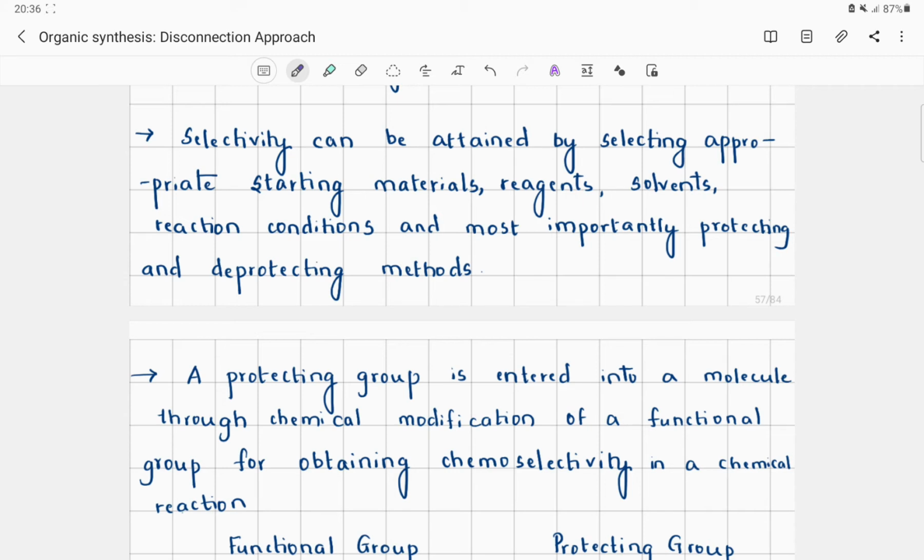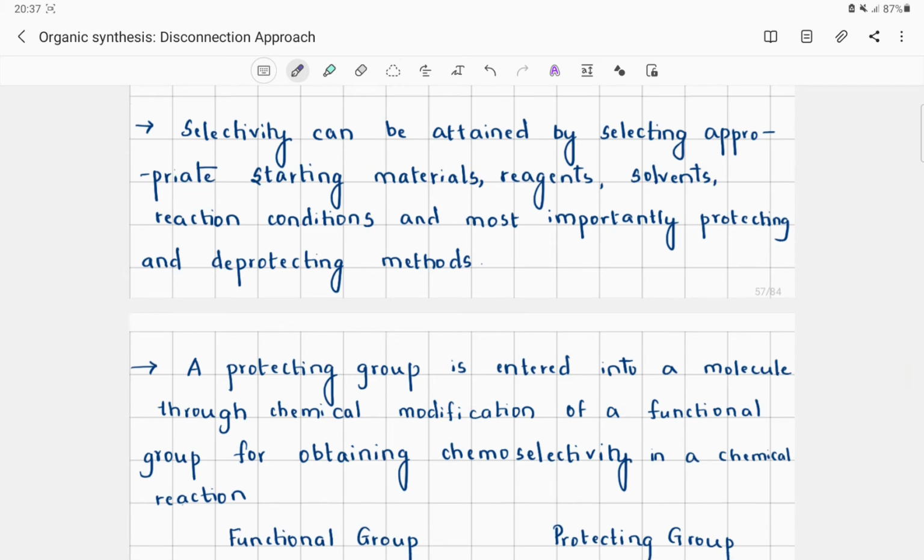We have already seen in peptide synthesis how important the protection and deprotection step and also the activation step are. In the same way, selectivity can also be achieved by choosing proper starting material, reagents, solvents